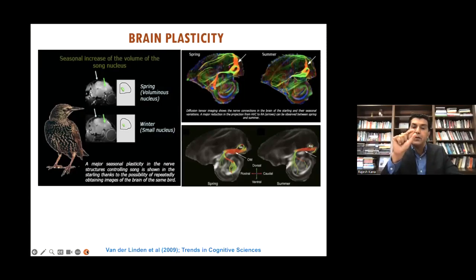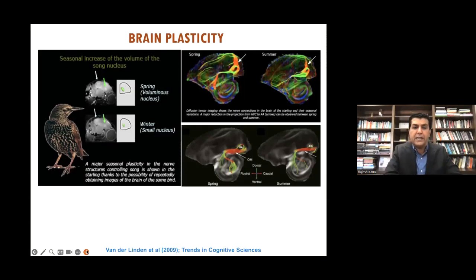what they found is that the size of the song nucleus, the volume of it, was significantly more in spring season compared to summer season. And why was that? Because the number of songs these birds were singing in spring season is significantly more than in summer season, which means that the more you're utilizing a certain part of the brain, which in this case is the song nucleus, the size or volume of that structure is changing or increasing,